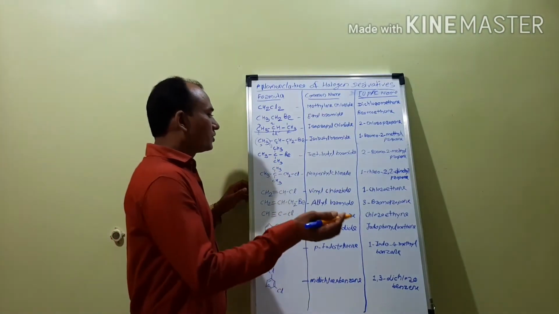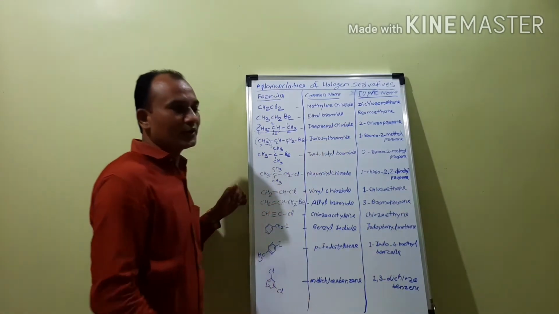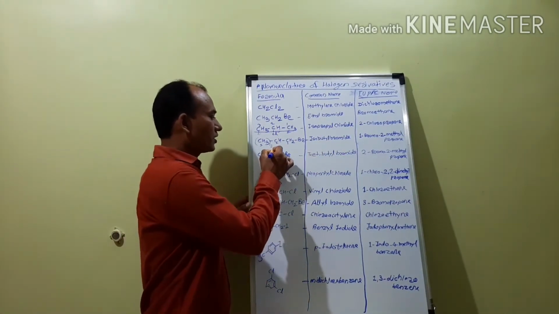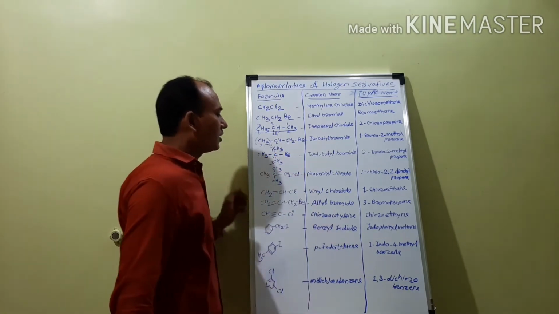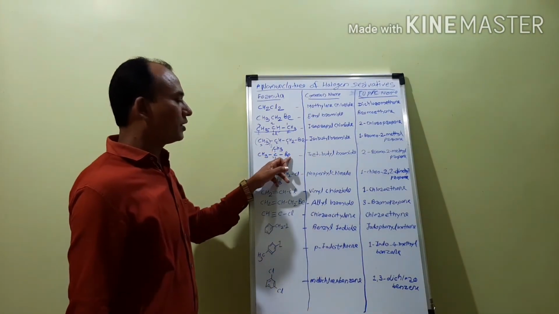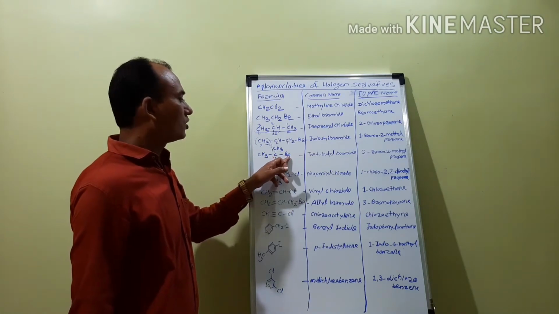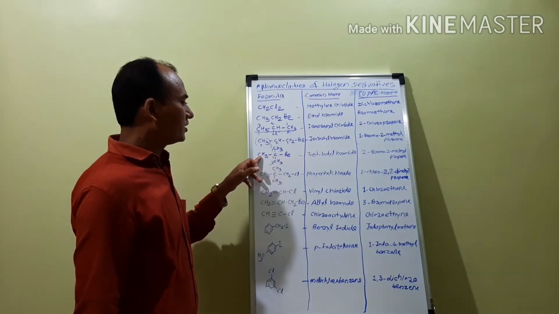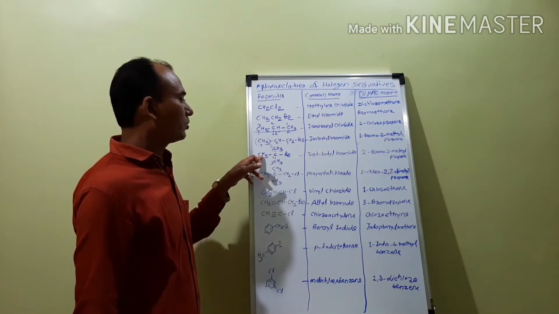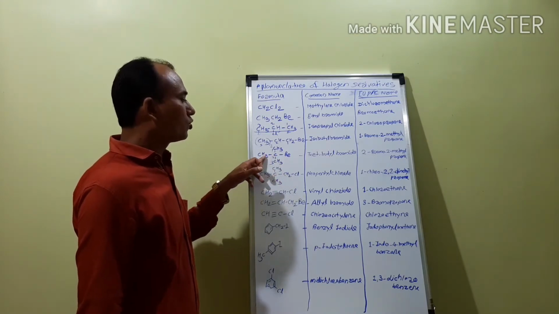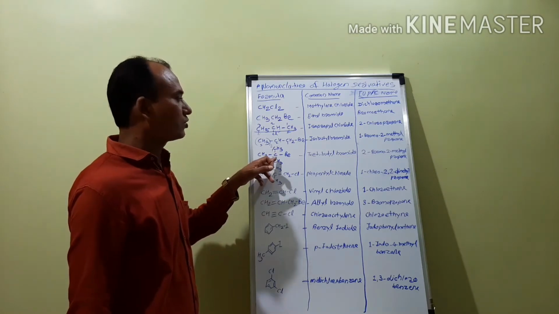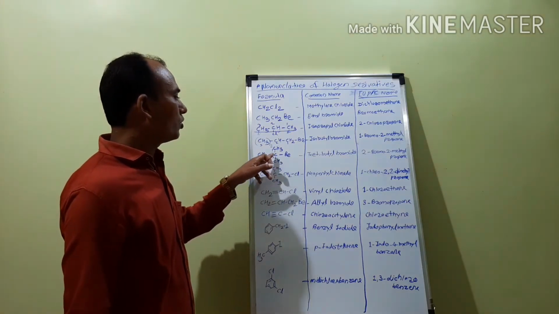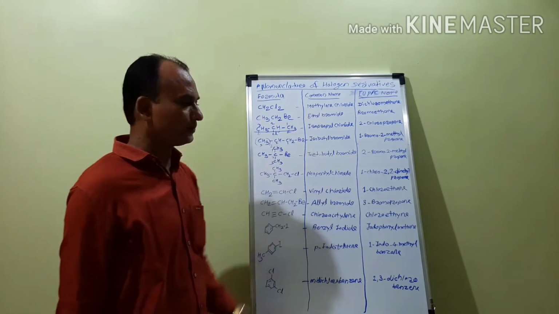Now, when we are giving the IUPAC name, you have to select the longest continuous carbon chain, and then give the numbering, 1, 2 and 3. At the second carbon atom there is an attachment of bromine, so it becomes 2-bromo, and this methyl group becomes the substituent, and therefore it becomes 2-bromo-2-methyl. There are 3 carbon atoms in the longest continuous carbon chain, so it becomes 2-bromo-2-methylpropane.